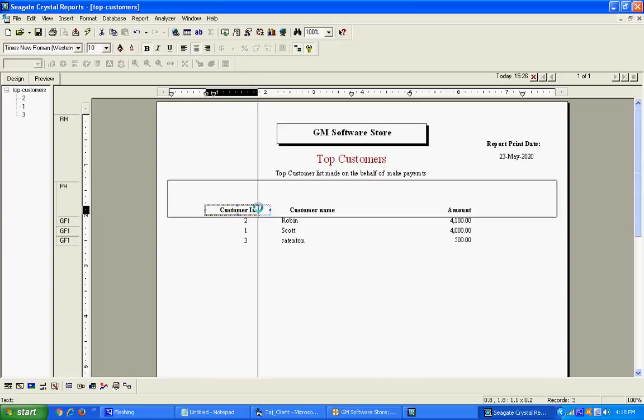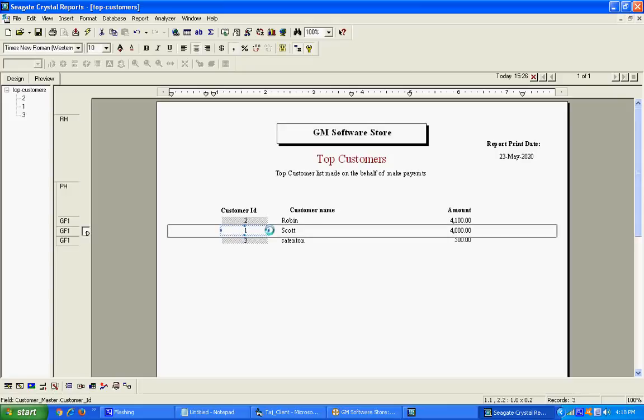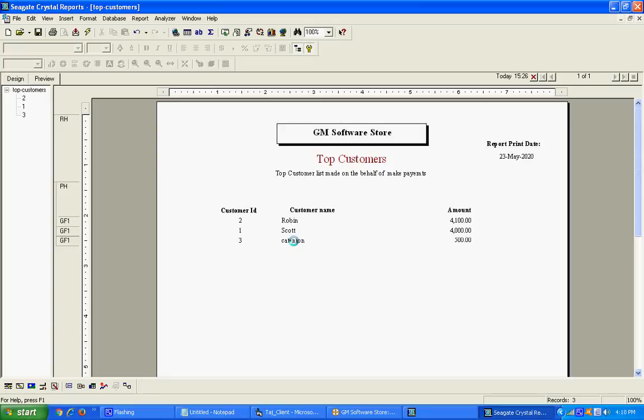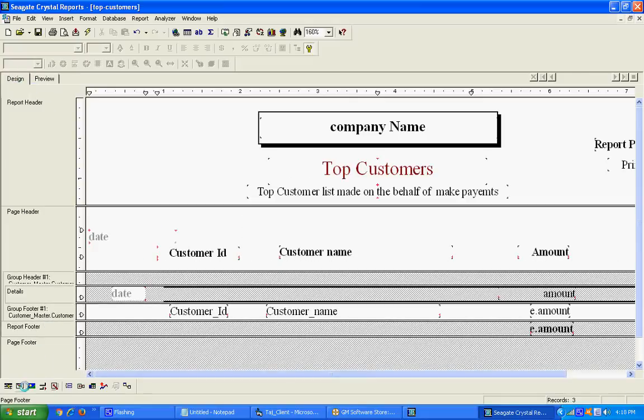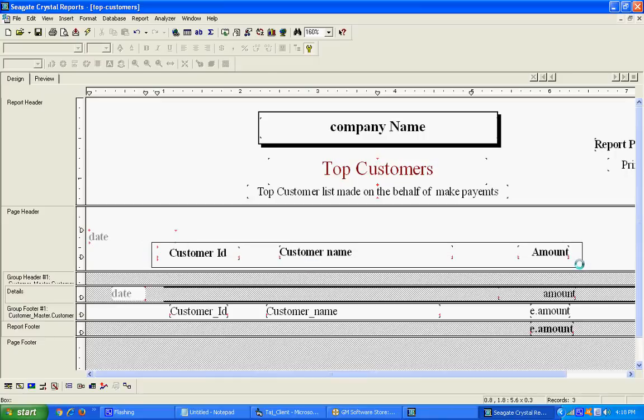Customer name, number done. I'm going to add some table around this. In design, more space, insert the box and inter line between these. Oh, sorry, just line, insert line.